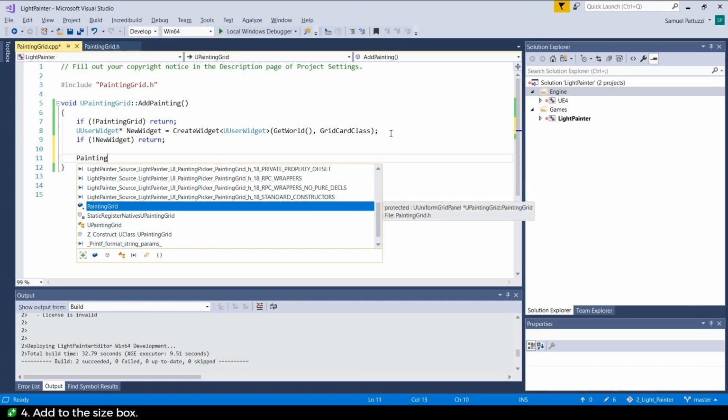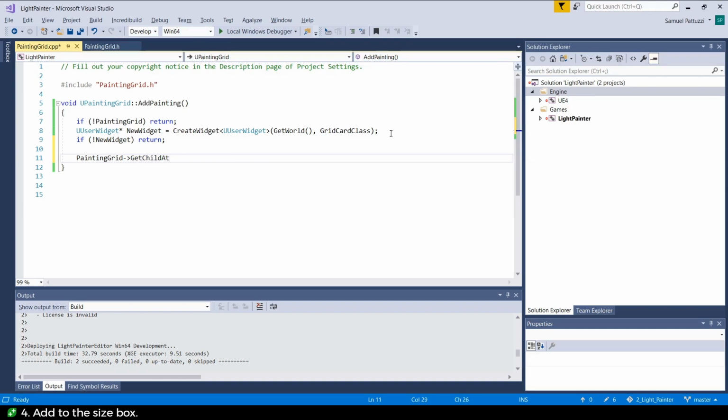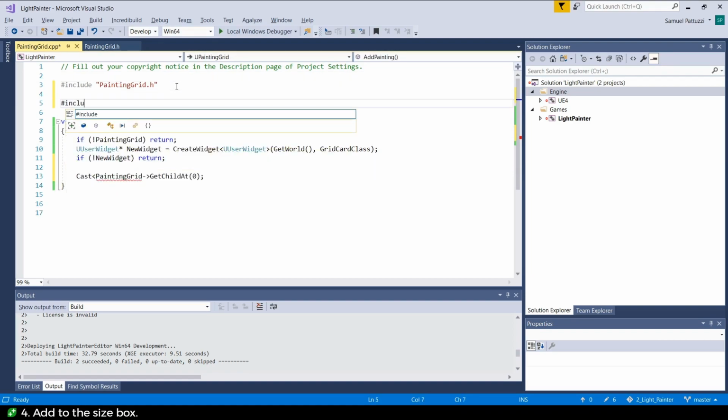So the painting grid arrow, we've already null checked it, so that's great. Now, with the painting grid, we're going to go ahead and get child at, and then you can give it an index. Now, this is programmer speak, so your index is going to start from 0. So again, I get the user widget at index 0. And I'm going to cast it right away to a size box. I'm going to have to include the right header for the size box, which is